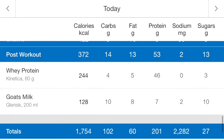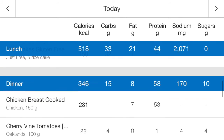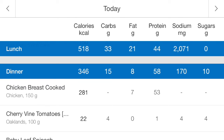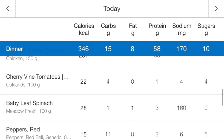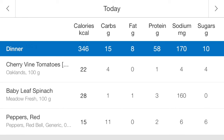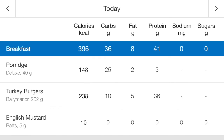But I just want to show you the importance of measuring out. And again, that is 200 mil. It's not 250 mil. It's not 300 mil or an eyeball. It's 200 mil, and we know that because we've measured it. And the same with the chicken breast. That's 150 grams cooked, not 175. It's 150 grams, and same even with the tomatoes, because sometimes if you're watching those, and the bell peppers as well. So it's just a really good tool to use, and hopefully this has enabled you to see the validity of